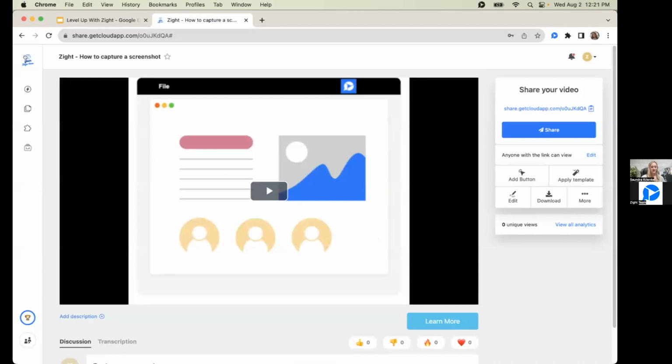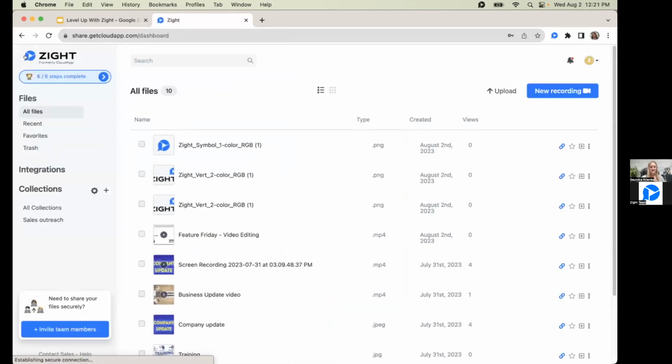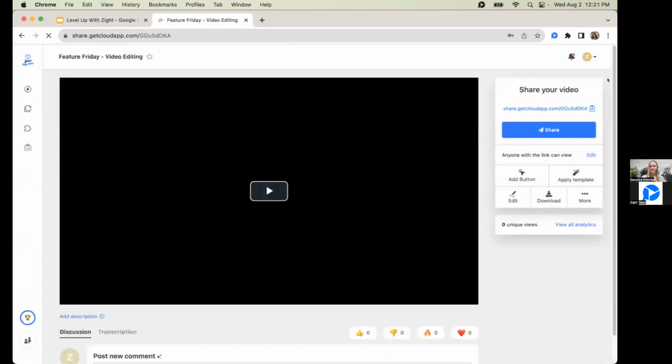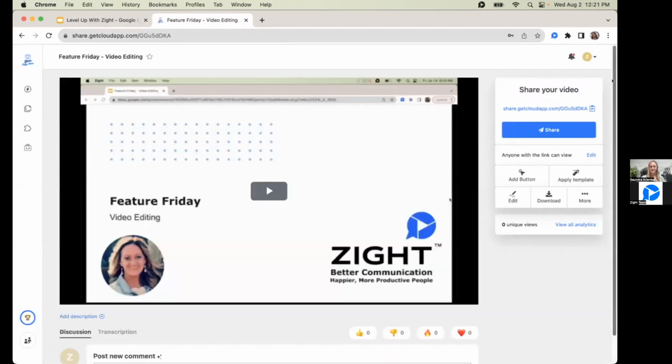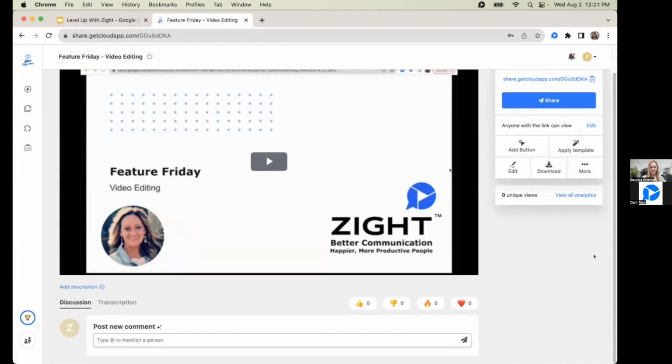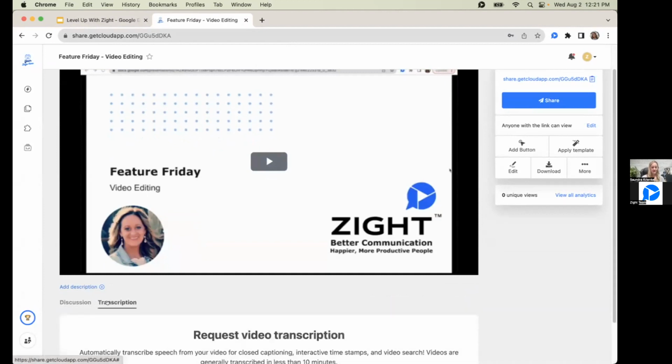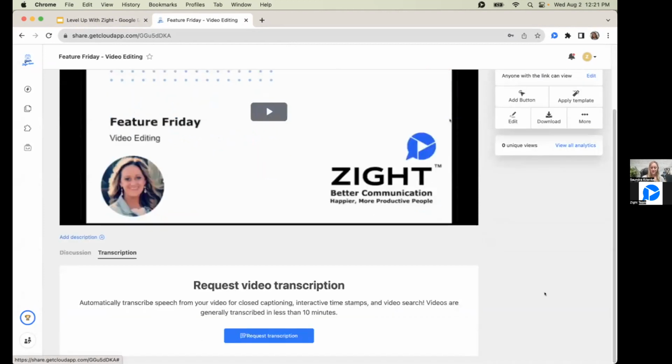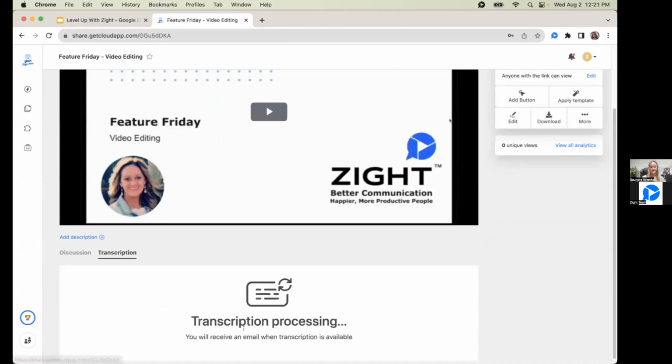And again, I'm going to go ahead and navigate back over to my Zight dashboard here and show you how to make a transcription. So I'm going to scroll down just a little bit here. Perfect. And down here, you can see discussion. And next to that is transcription. So to request a transcription, I simply just click on this button